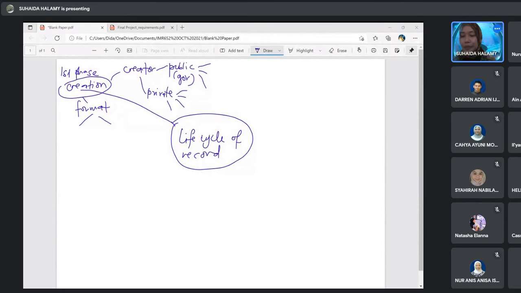Anyone? 2 categories of format? Right? Didn't we discuss it last week? Format.